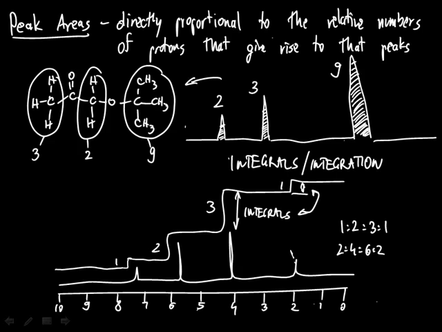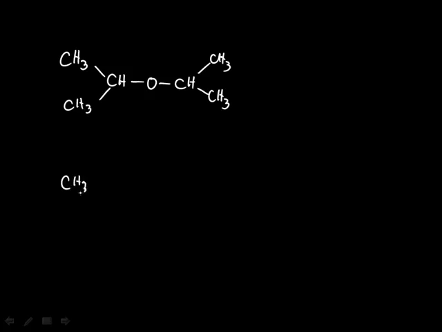The integration gives us only the ratio, not the absolute number of protons, but using some chemical logic and other pieces of information, we could very easily come to the absolute number of protons. If we think about, well, what could this be good for, consider this. If we have this diisopropyl ether on one side and the diethyl ether on the other,